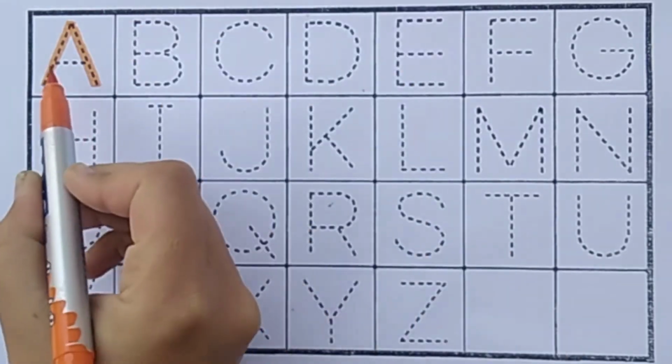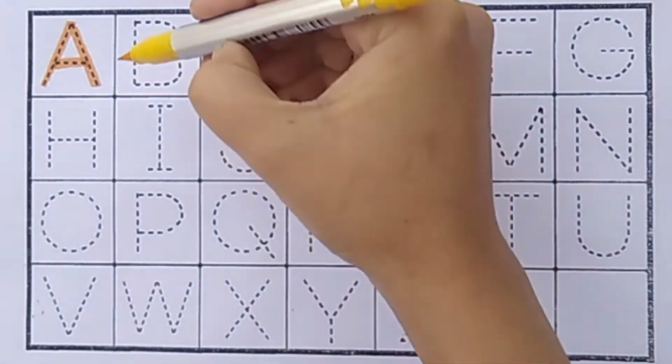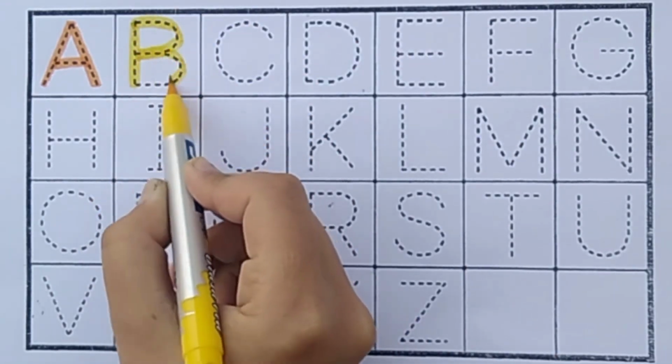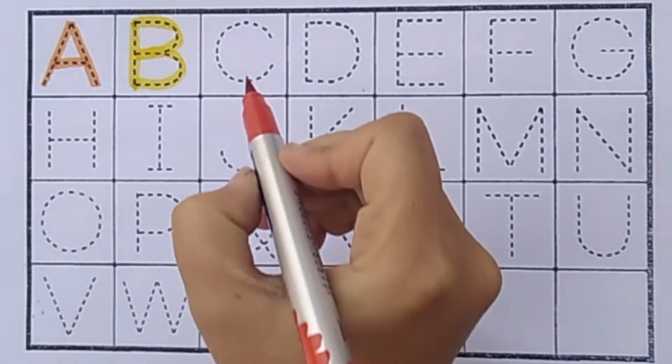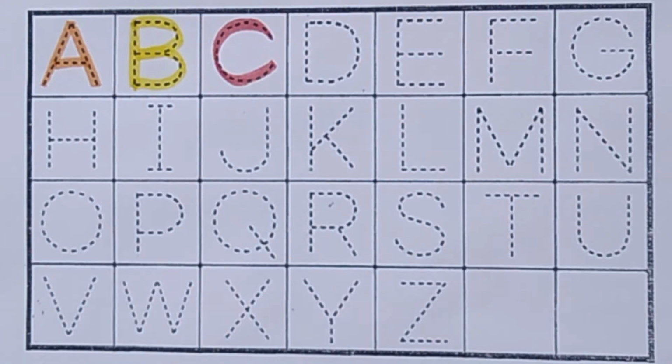orange color. A for aeroplane, yellow color. B for bag, red color. C for cat,